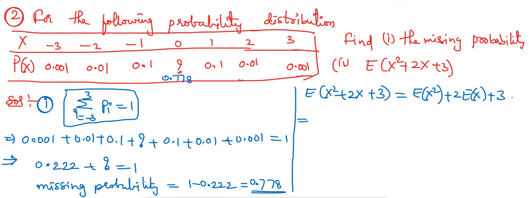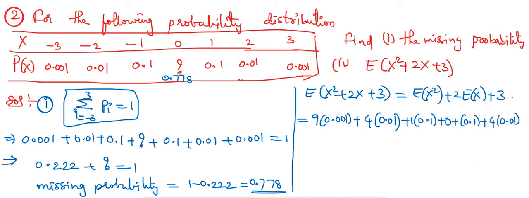So E of x square means x square: 3 square is 9 into 0.001, plus 4 into 0.01, plus 1 into 0.1, 0 into something is 0, plus 1 square is 1, 0.1, 2 square is 4, 0.01, plus 3 square is 9, 0.001,